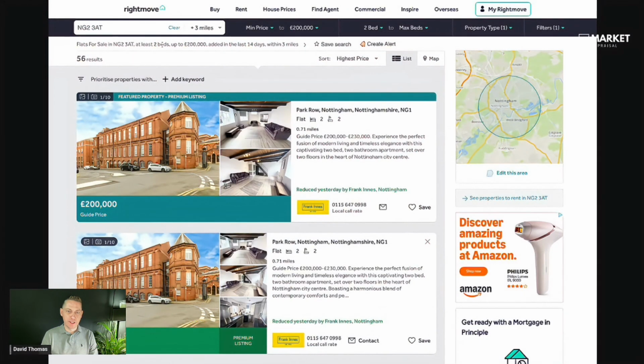Right, now with that filter that I've just set up, I've got 56 results. Straight away, you'll see these icons here. I can now save that search, and I can also create an alert for that search. Now that alert will mean that if anything comes onto the market in that area within the 3-mile radius with those parameters of up to 200,000, at least 2 beds, I will get an email with that particular property in